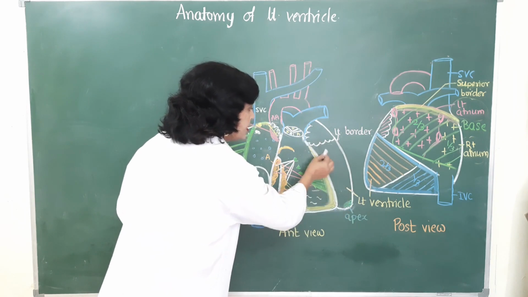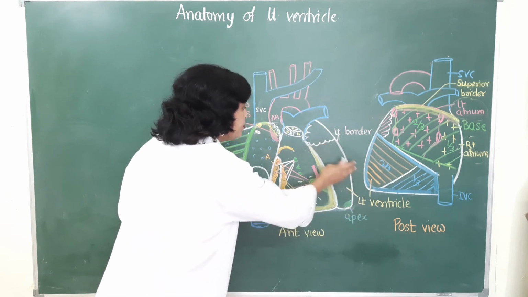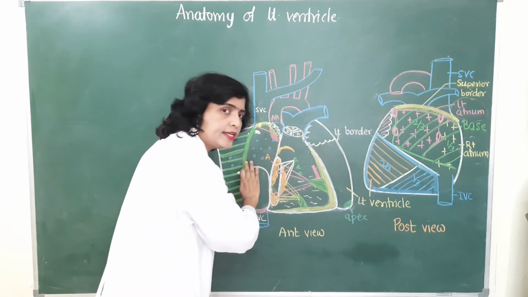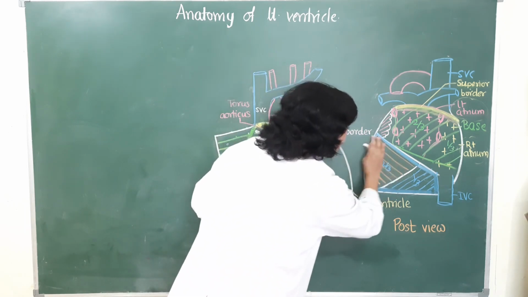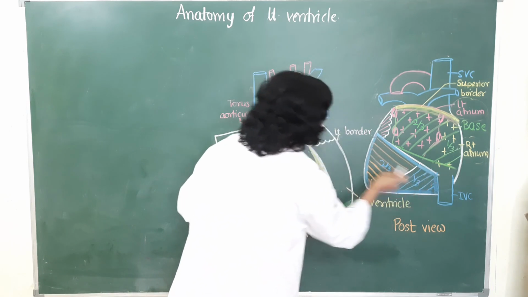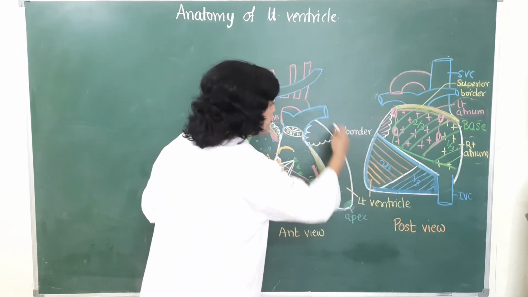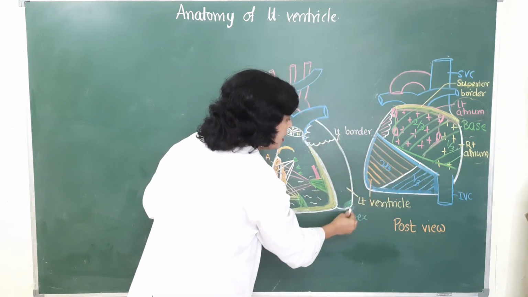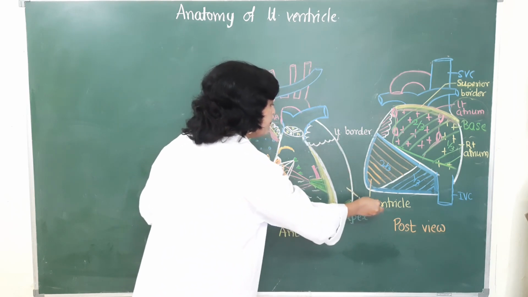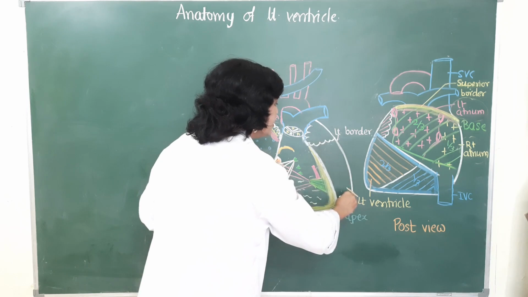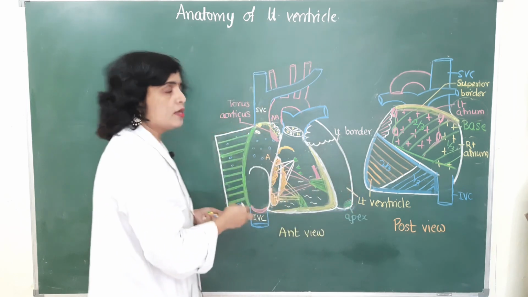This is the left ventricle. The left ventricle contributes in the formation of the anterior or sternocostal surface of the heart, two-thirds of the diaphragmatic surface of the heart, a major portion of the left surface and left border of the heart, and the apex of the heart. To see the interior of the left ventricle, we will cut open the left ventricle